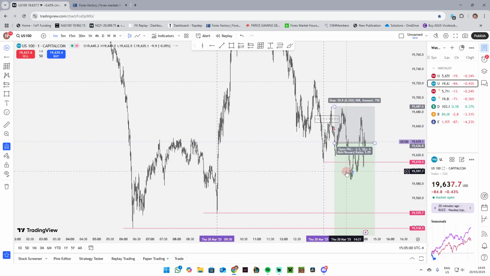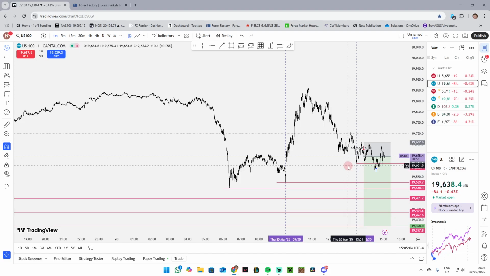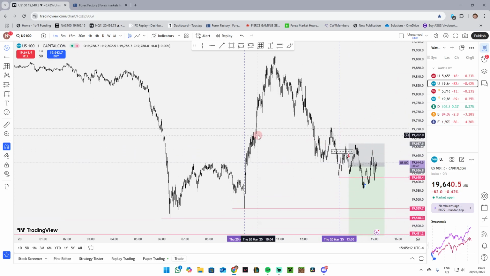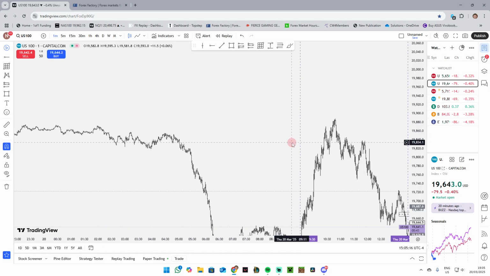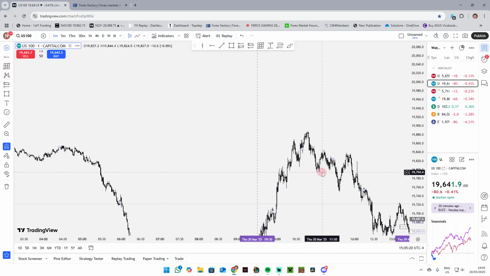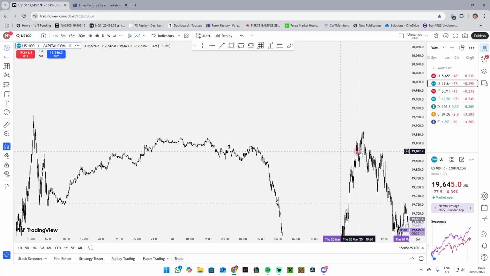I sincerely don't want you guys to be taking three trades. At maximum, I mean two, one per session. But this was just such a clear draw, equal highs. We're clearly going to the upside, so I just had to take an upside buy position.